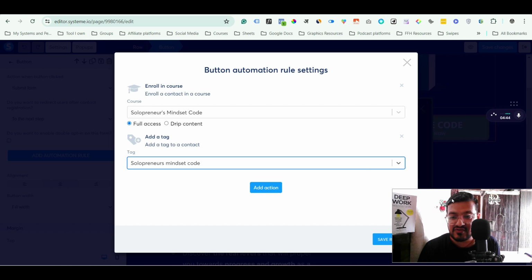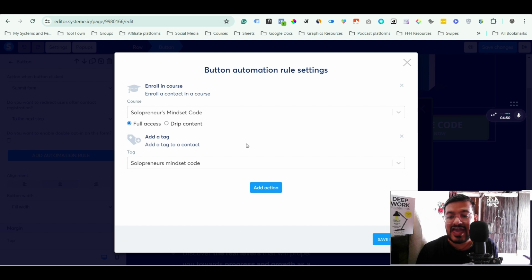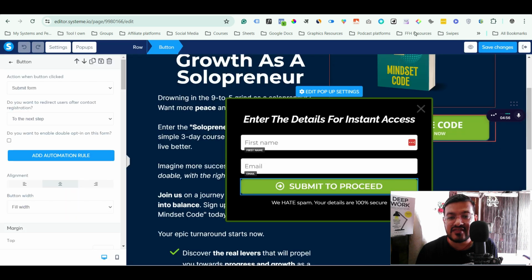As you can see here, this is the save rule option, you can use it. But in my case I already have an automation set, so I don't want to do it, but you can do it from here, right? So as you can see, this is a very easy option, because you are automating everything while you are building your page. So when you are building your page, you will just add the button, and you will do all the automation from here itself. You don't need to go anywhere else.